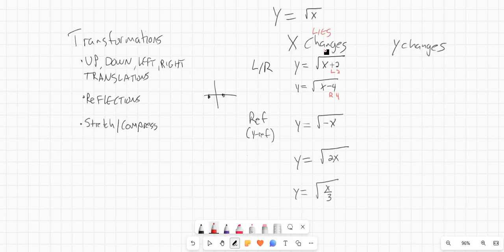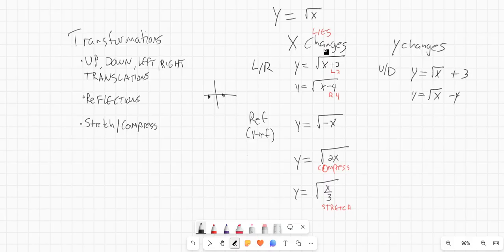So this times 2, you would think this would be a stretch. This is a compress. It's opposite of what you think. And a divide by, you would think that that would make it smaller. No, this stretches. So that's what I mean by the x changes, the x lies. It's not what you think. It's the exact opposite. Now, if the y changes, up, down, these all happen outside the function, like plus 3